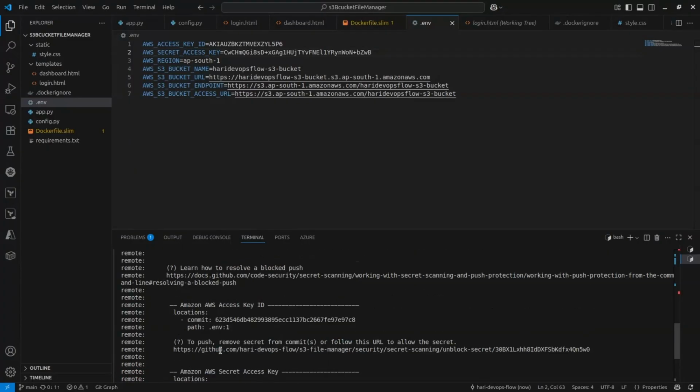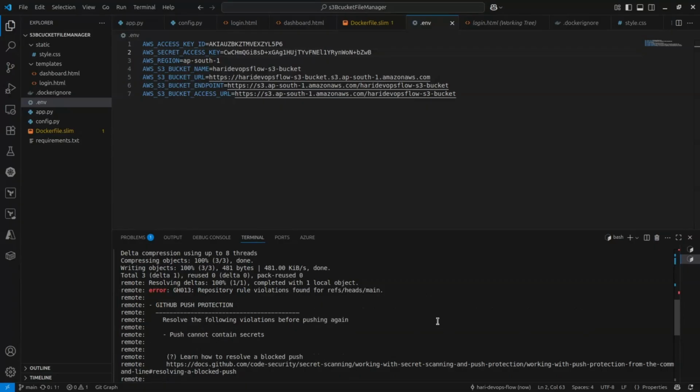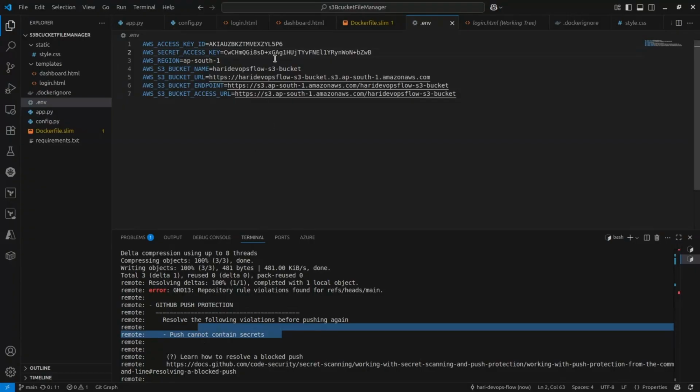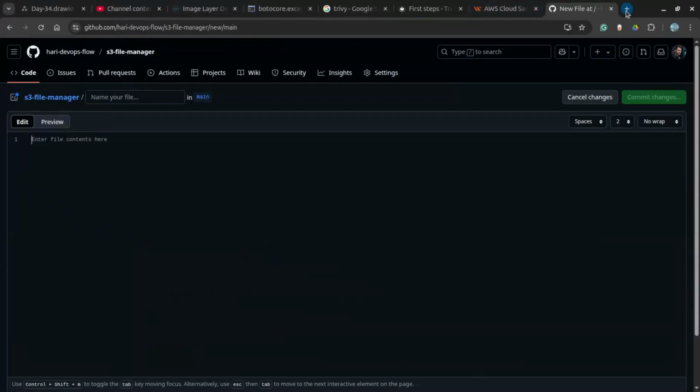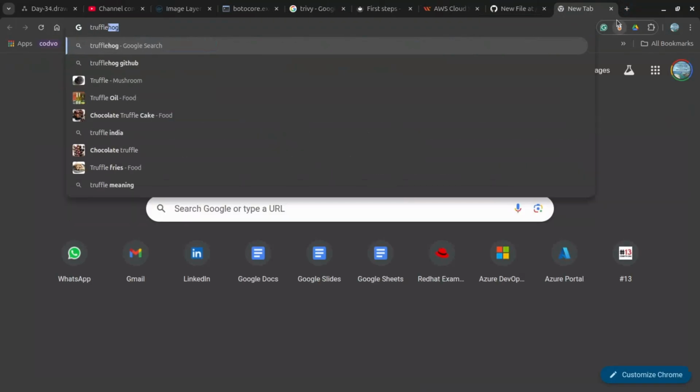Here you can see, it won't allow you to publish, it won't allow you to push any of the changes. Okay, so push cannot contain secrets. You cannot publish these secrets. So this is another level of security. Even if you have added any of the secret, there is this very good tool,